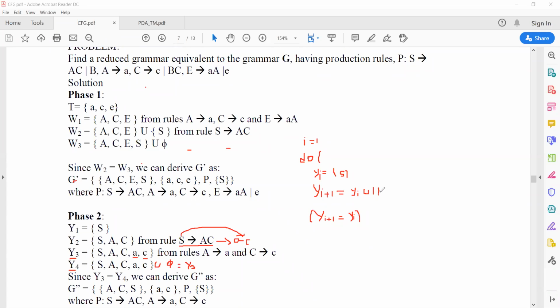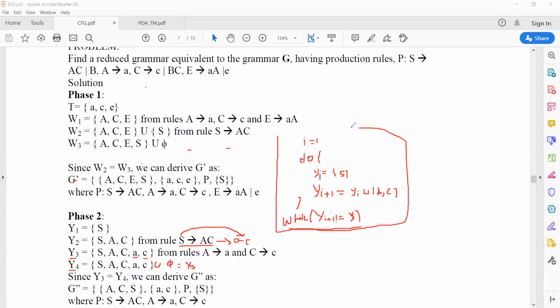Here the new symbol is AC. And it will continue the step while these are not equal. When Yi plus 1 and Yi become the same, then your algorithm will stop.